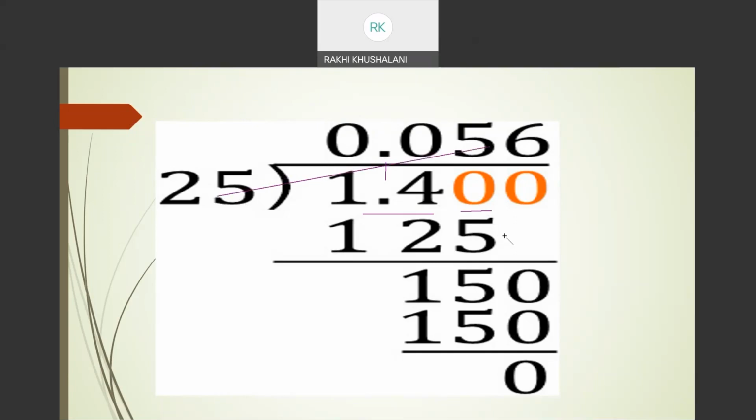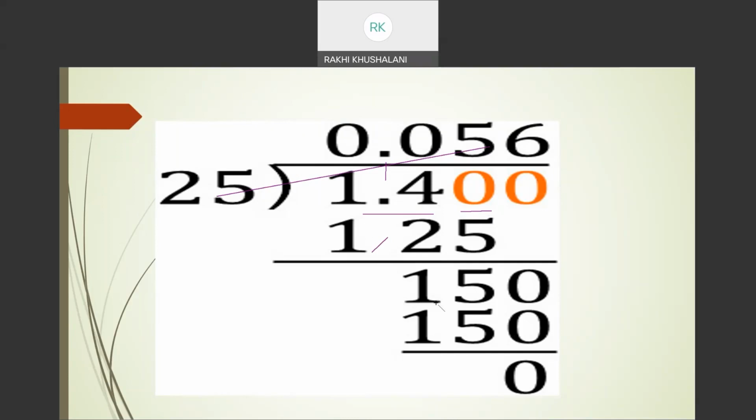Just forget about the decimal existing there. Just go on. Just make sure you write one below the other. You do not disturb. If you write 22 here, your subtraction will get disturbed. So just make sure that you're writing column wise, means writing the numbers one below the other. You cannot write a number below a decimal. So that's why this gap is seen here. That is okay. So 140 minus 125 gives me a remainder of